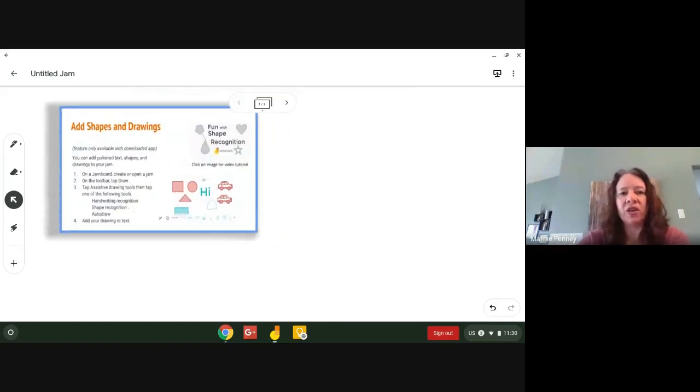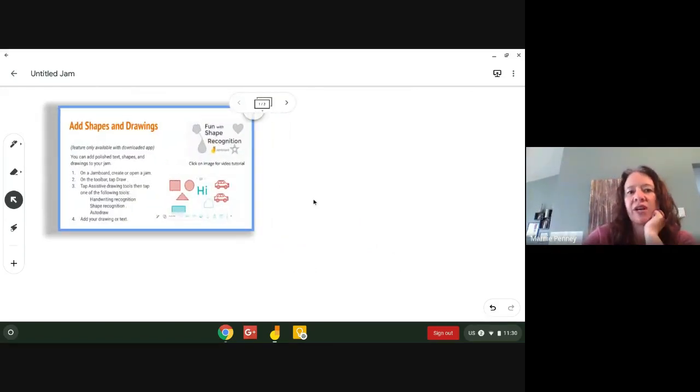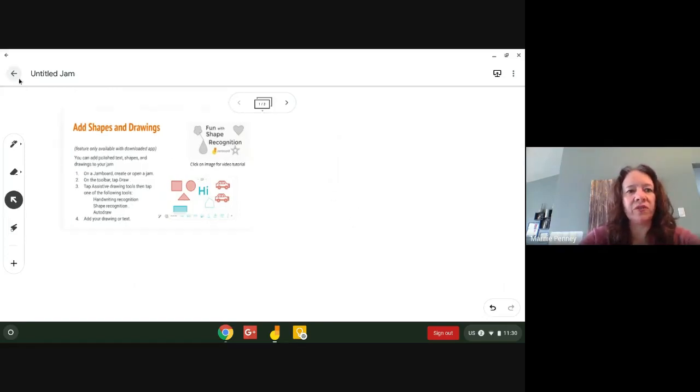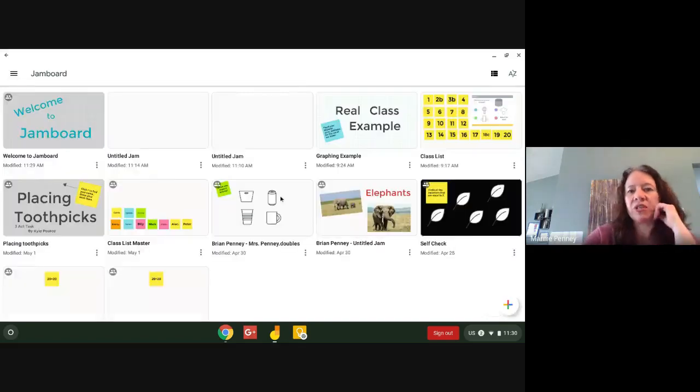So I can create problems in Google Slides and then drag my problem in, which allows you to add a whole bunch more into your frames. So it's really great with what you are able to add. Now,